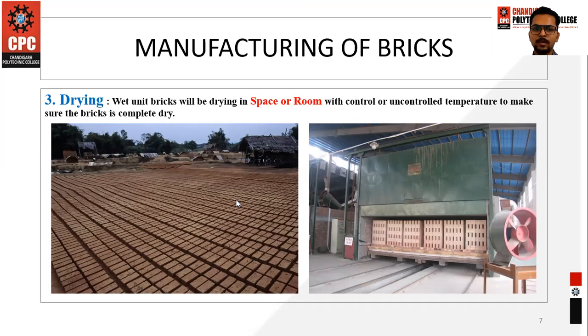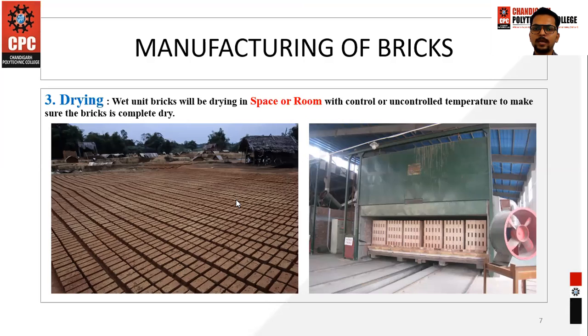डिफॉर्मेशन नहीं आएगी whenever they will be coming into the contact of a fire, and secondly there will be less consumption of fuel. तो जितना आपका अमाउंट ऑफ वाटर ज्यादा रहेगा उतना ही आपका फ्यूल ज्यादा कंज्यूम होगा उनको बर्न करने में. So before that we have to dry those bricks, ताकि उनका एक्स्ट्रा जो मॉइस्चर है वो रिमूव हो जाए. So इसके लिए आपकी दो प्रोसेसेस यूज होती हैं, we use two types of processes for drying those bricks.